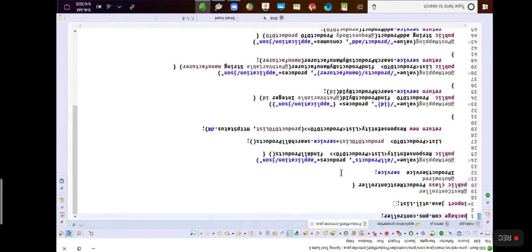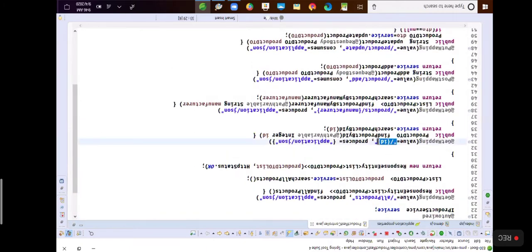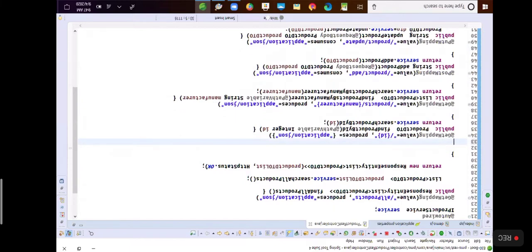Listen to me clearly. Suppose I want to allow this REST endpoint. I want to allow this endpoint to be accessible for the scripts that are running on browser. Then I have to add an annotation here.